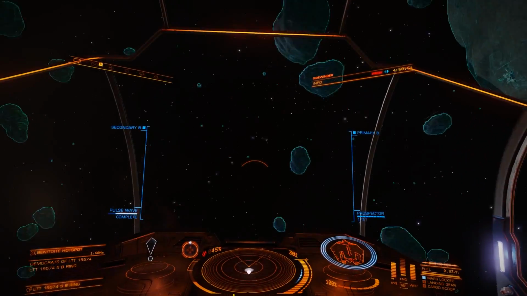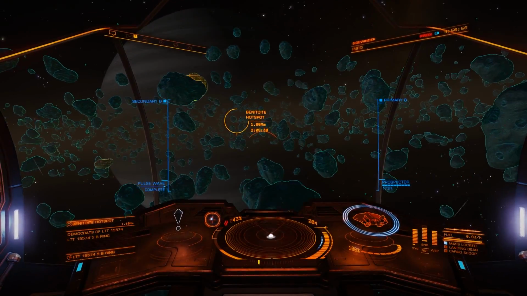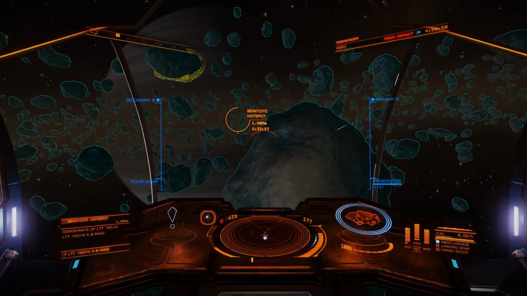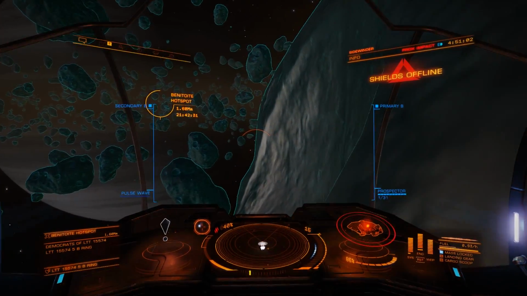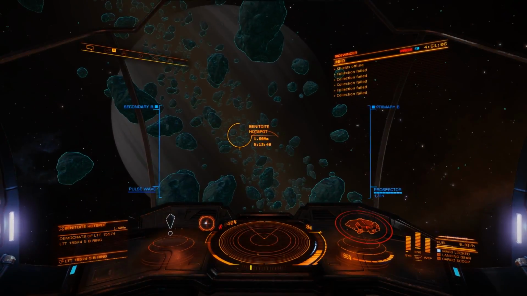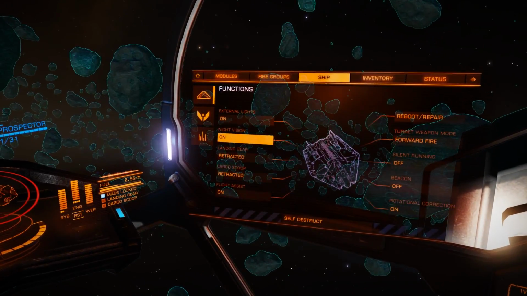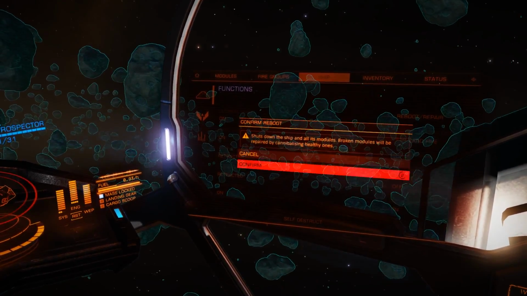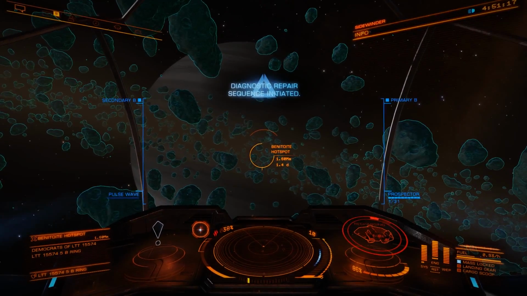I'm letting this play out so you can see what can happen if you crash into an asteroid and lose shields. I'm going to demonstrate that you can actually reboot and repair your ship to get your shields back faster than waiting for them to come back on their own. So you need to come to a stop, and then you're going to go into the panel on the right under ship and choose reboot repair and wait until you can confirm and let it go through the process